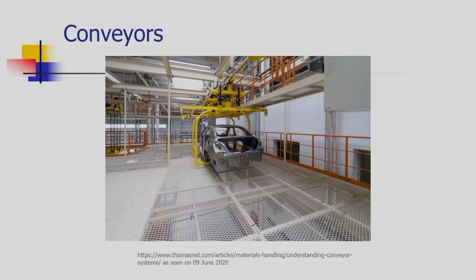In front of you, you can see an overhead conveyor, and this overhead conveyor is used to convey the car body. The car body is mounted on a carrier, and that carrier is moving by a monorail which is mounted on the shop floor. In this way we can save the floor space and have easy movement of the heavy bodies which are hanging inside the shop floor. So, on the floor space we can do the other operations.